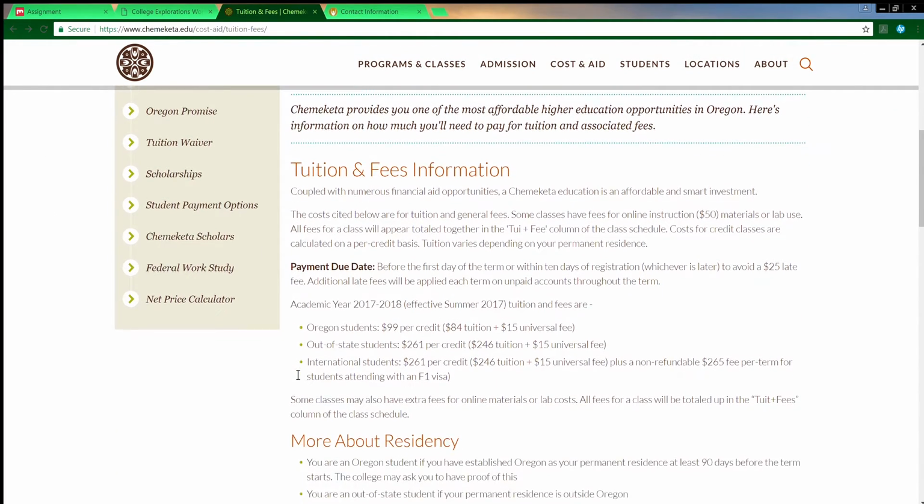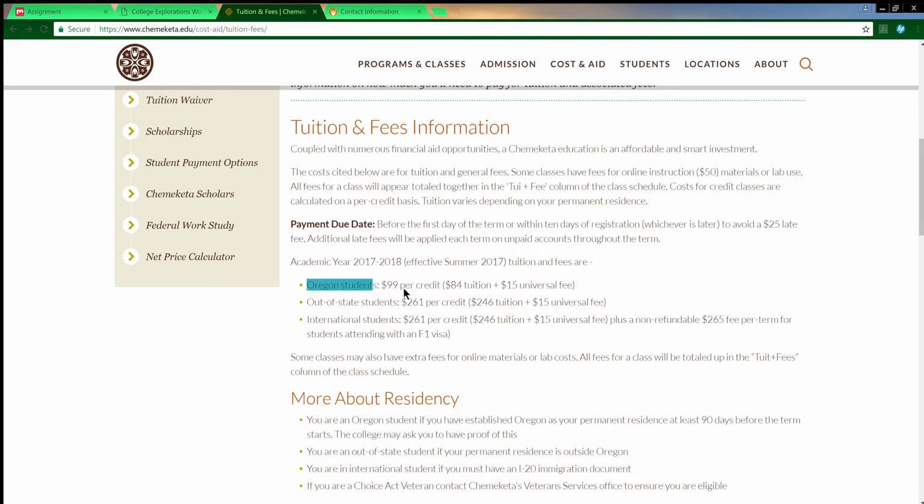So tuition and fees. Oregon students pay $99 per credit. That's $84 for tuition and $15 universal fee. So this looks like it's additional fees. So in total, it's $99 per credit. Out-of-state students will pay $261 per credit, and international students will pay the same. So if I know I'm an Oregon